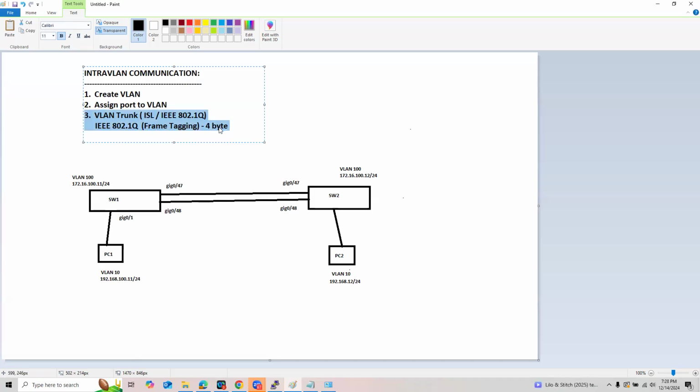What's with the trunk, by the way? If you still remember our discussion last time, in a switch there are two kinds of layer 2 ports, access and trunk.